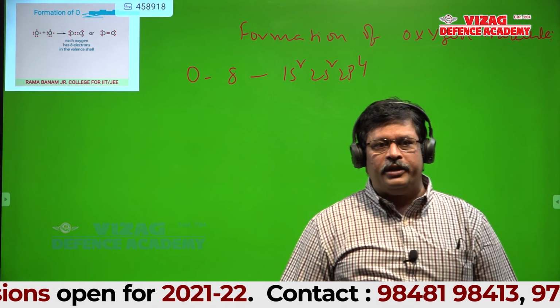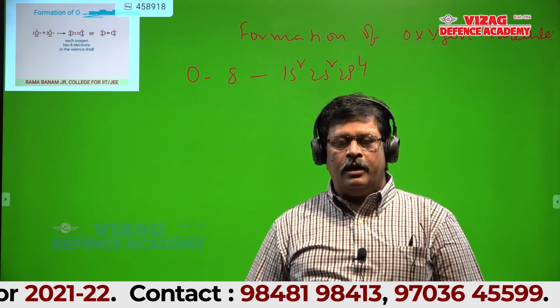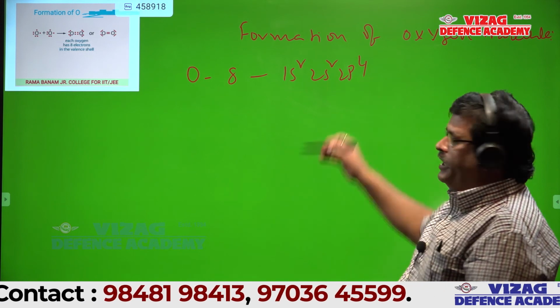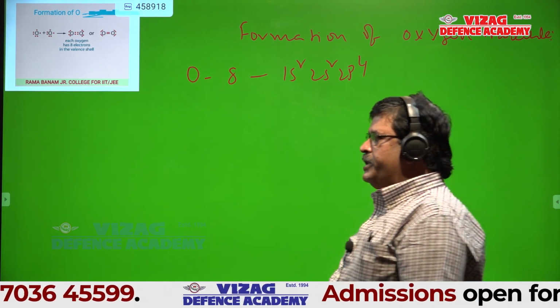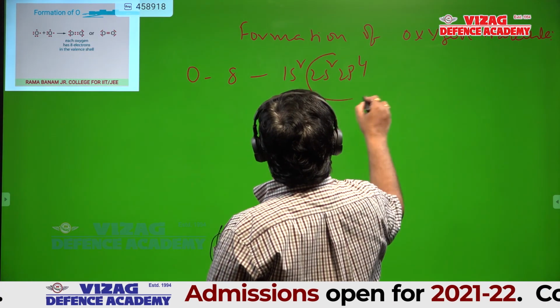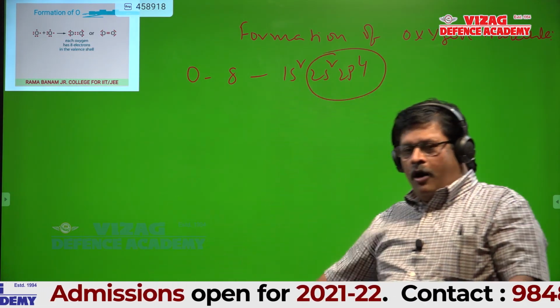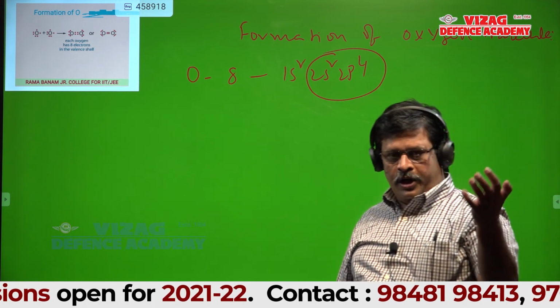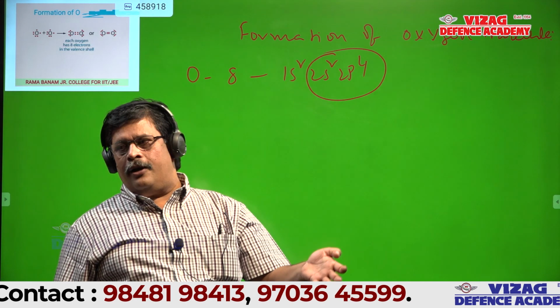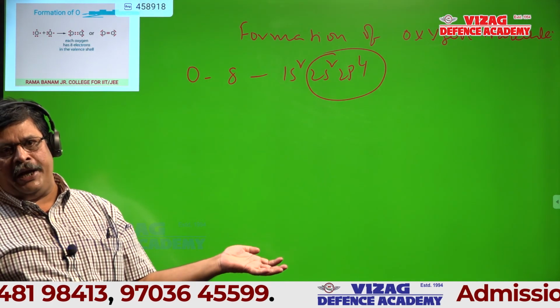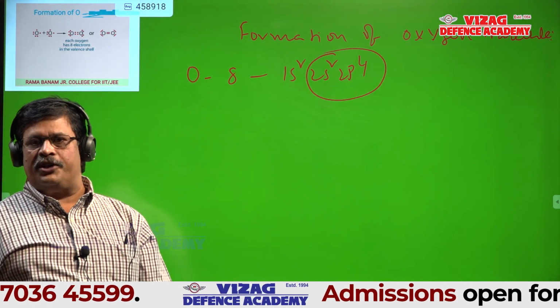Every time you are making that mistake. Is it all 8 electrons in the outer shell? 6, sir. That's right. It's not 8, it's not 4. What I told, outer shell is nothing but the second shell here. You count all the electrons in the second shell, not only in 2p. 2s is also in the outer shell.